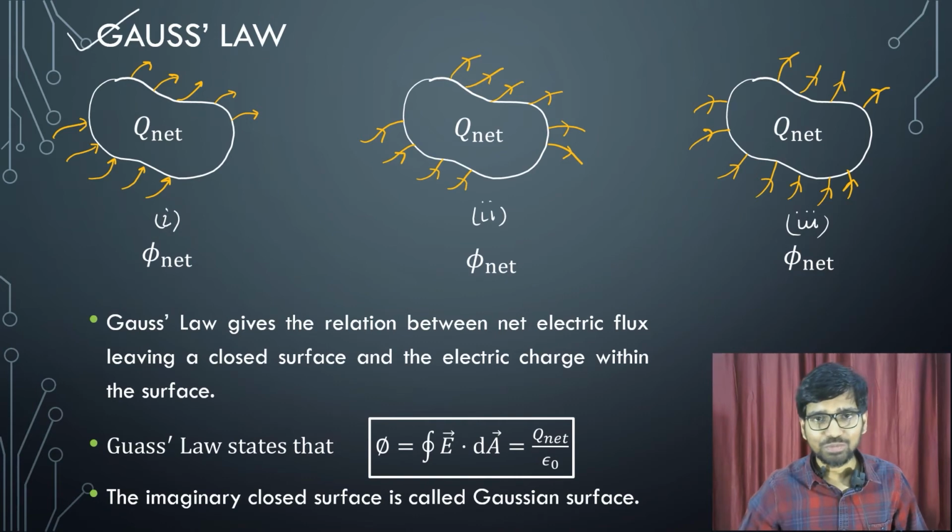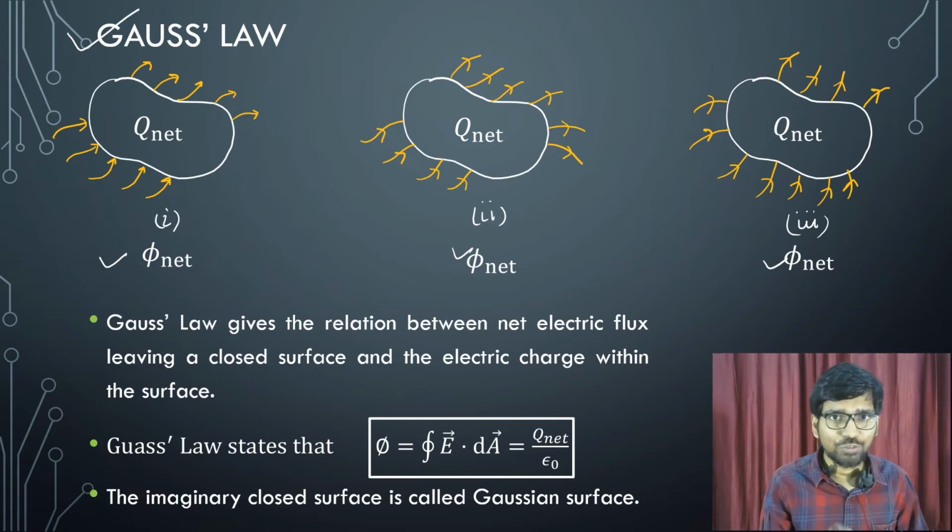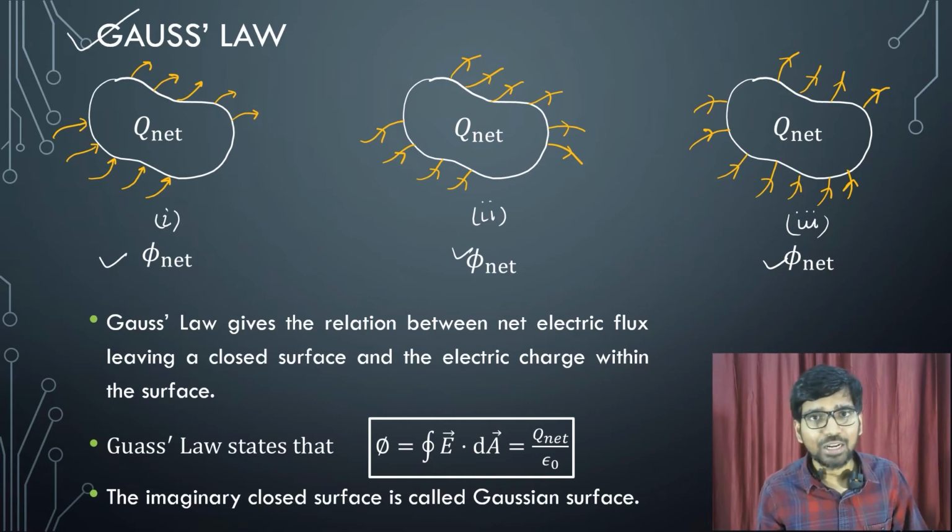Finally, Gauss law. Imagine three identical closed surfaces in which some electric field lines are leaving the surface while some are entering the surface. But you cannot see what is held within each surface. Can you tell just by looking at the number of electric field lines leaving or entering the surface, which of them contain net positive charge, which of them contain net negative charge, or which of them contain no excess charge?